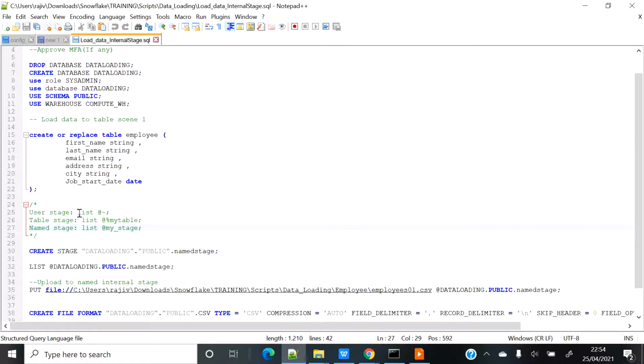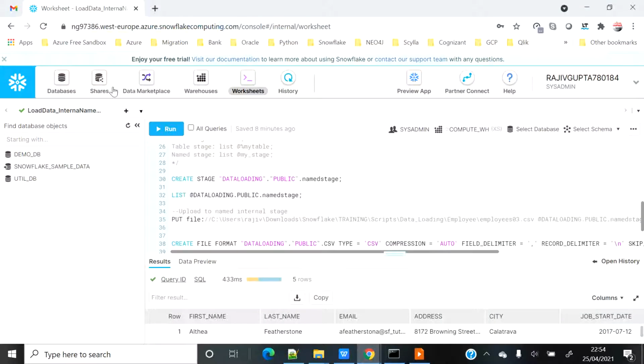If you want to use the command line to list or import anything, for the table stage you have to use @% followed by the table name. @~ is the user stage, and @ followed by the stage name is for the named internal and external stage.